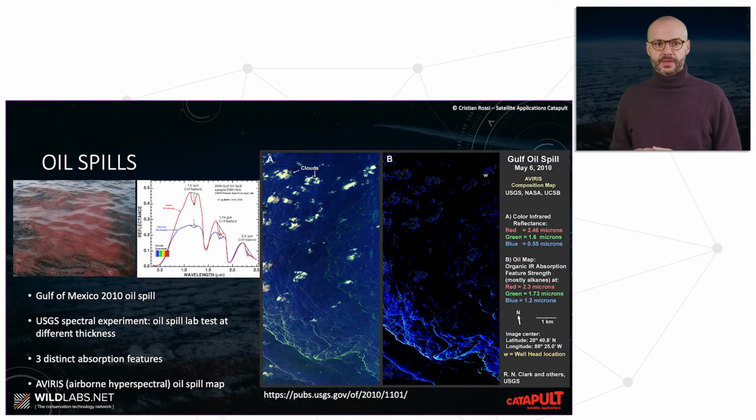If we move to the sea side, we can study oil spills, and we can also inspect oil spills. Oil spills can be studied both with optical and radar data. In this case, we see an example of optical data, where again we are looking at the spectral description of the oil spill, and this was an experiment that has been done by the USGS. That was a lab test that was looking at the different components of the spectrum for different thicknesses of the oil. So they were looking, for instance, at the thickness of